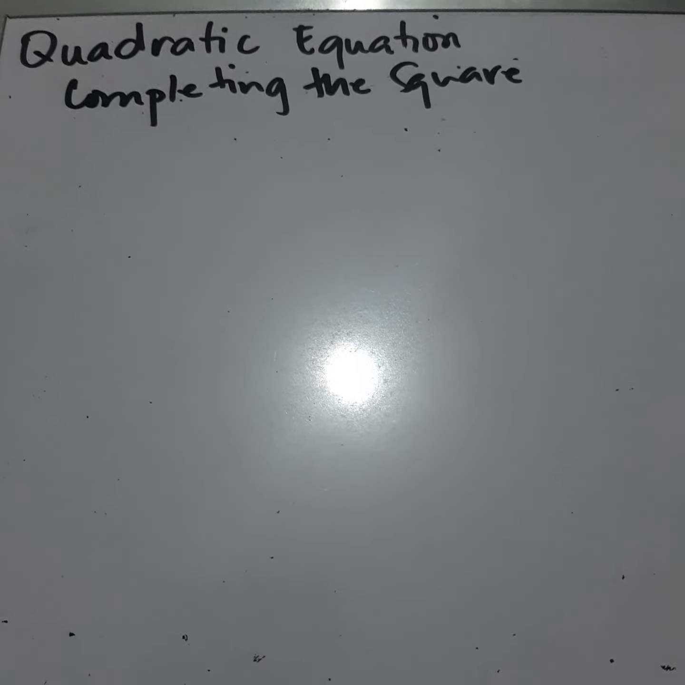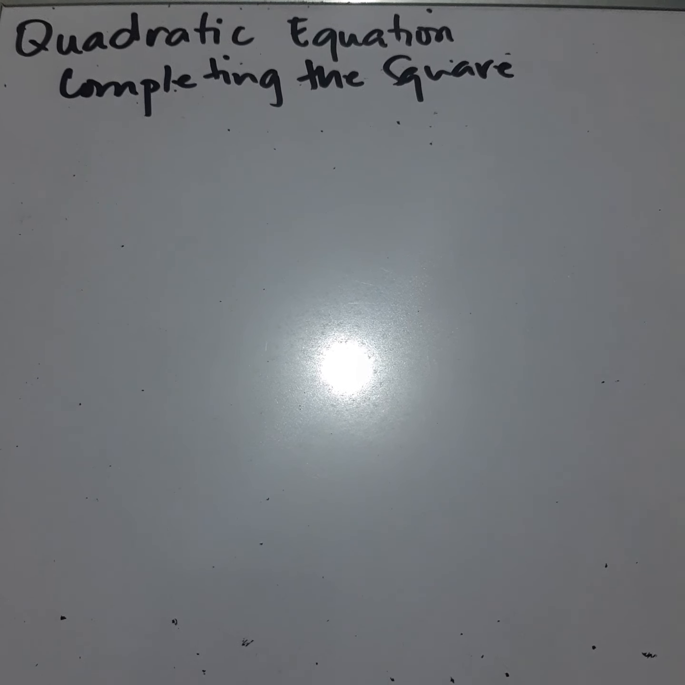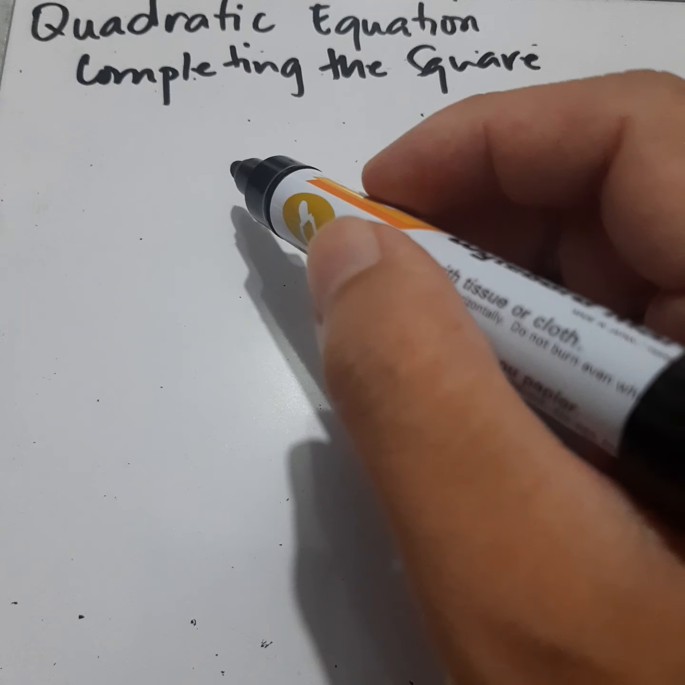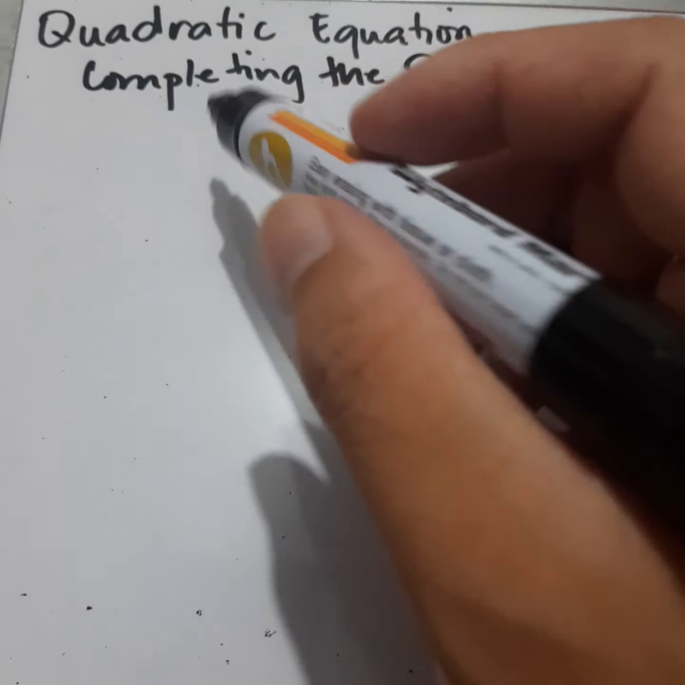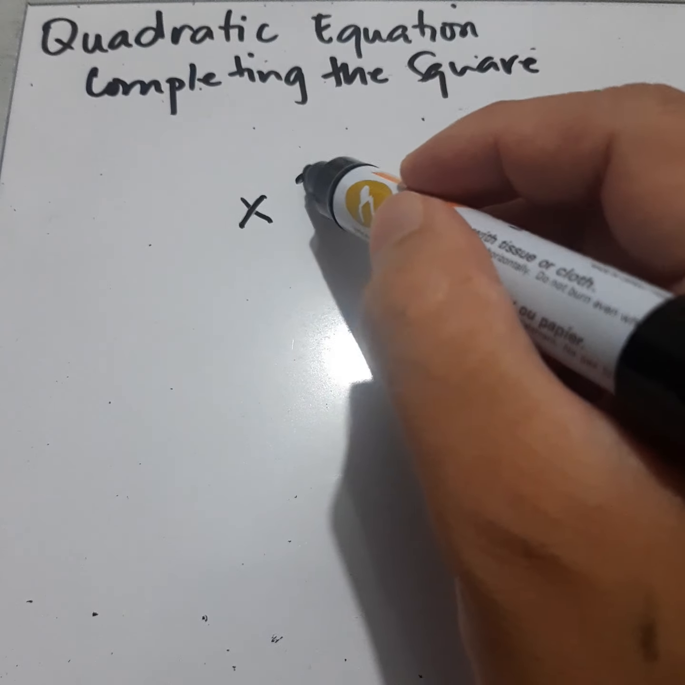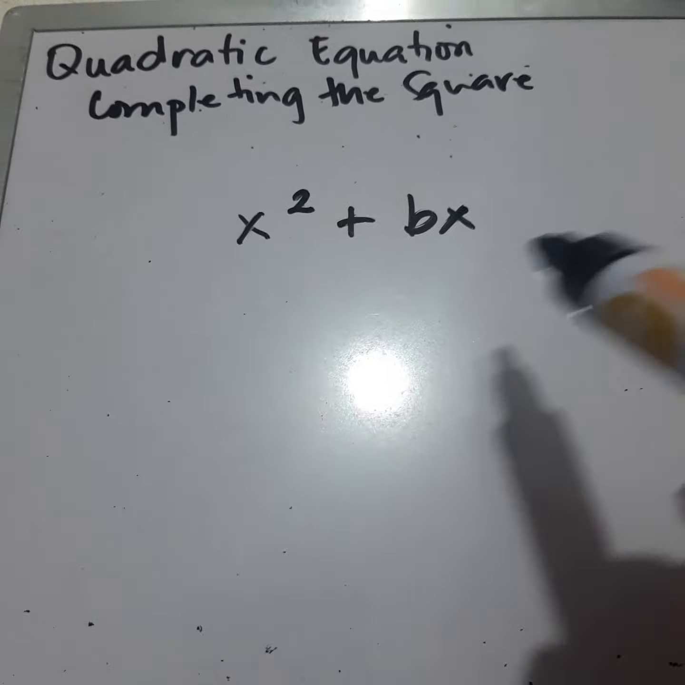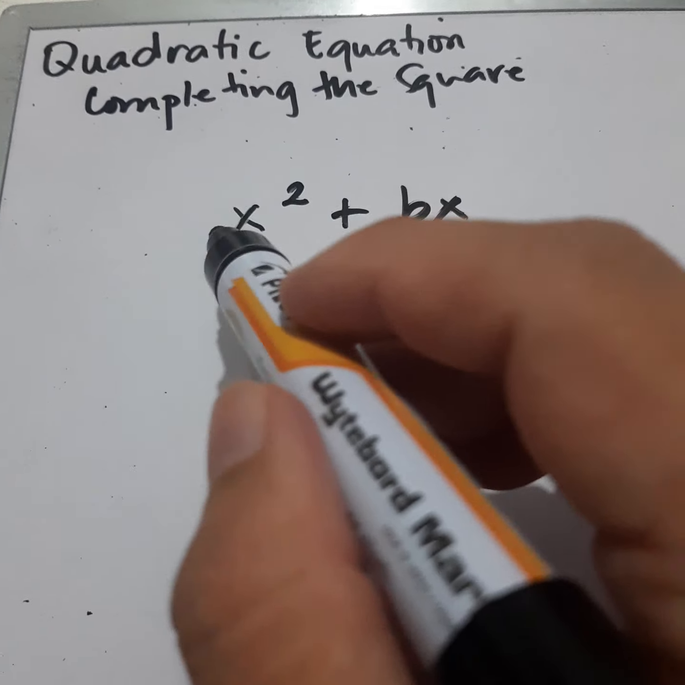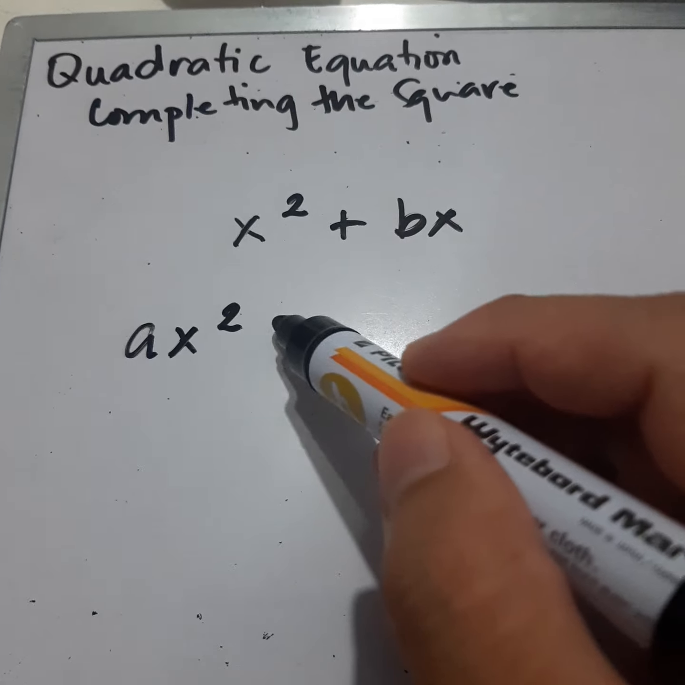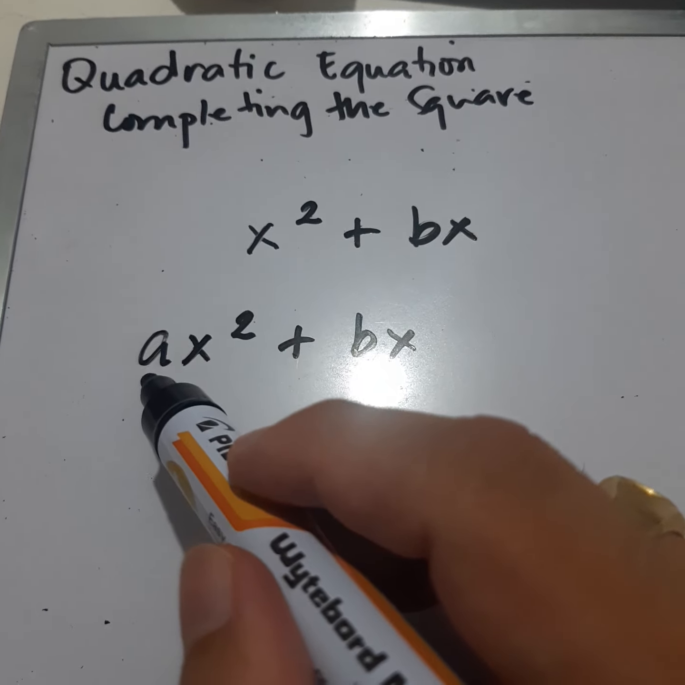Sa second part ng discussion natin about quadratic equation by completing the square, I mentioned na the easiest way to solve this equation using completing the square, dapat yung quadratic equation natin is in the form of x squared plus bx, para mas madali lang siyang isolve kasi ang coefficient ng first term is 1. Kaya lang, what if ang given natin is ax squared plus bx, wherein yung coefficient niya, yung a is greater